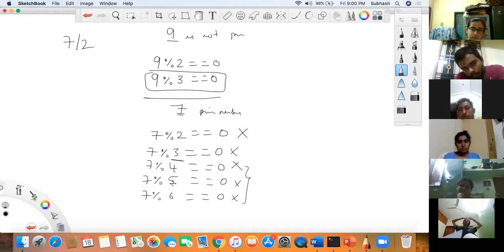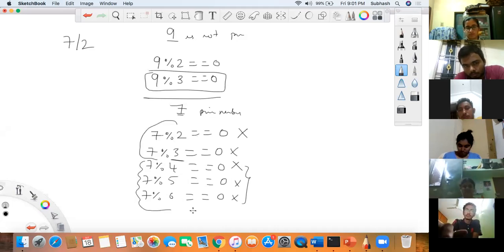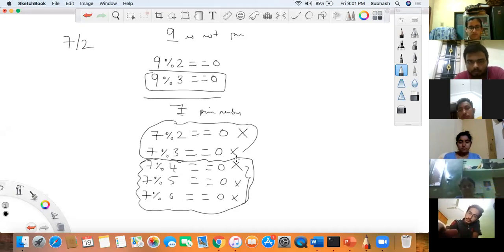Instead of checking 2, 3, 4, 5, 6, you can only check till half of the number. That is enough. You got what I'm saying? This is a very important condition, because don't unnecessarily do these extra steps. It will increase the program execution time, right? So you need not actually do from 2 to 6. You can only do 2 and 3. That is enough, because we know that 4 twos are 8. It will anyways not divide. So it is not required. Is that okay? That is the program logic. Can you do that?